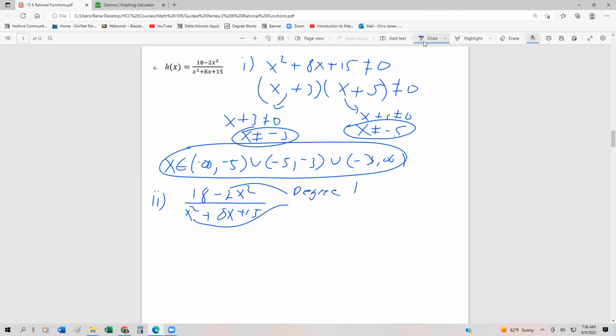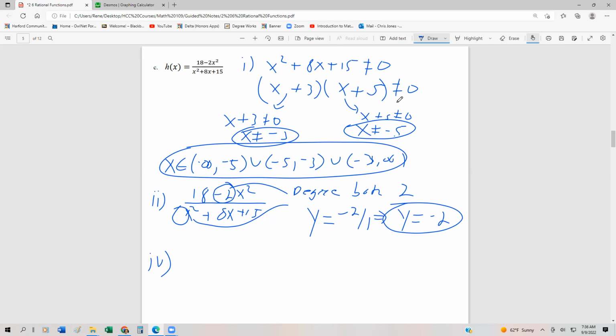So degree, both 2. And so what we do is we take the leading coefficient of the numerator and the leading coefficient of the denominator. And so that would be y equals -2 over 1, or y equals -2 would be our horizontal asymptote. Now, just like before, I'm going to find the holes first. To find the holes, we need to factor both the numerator and the